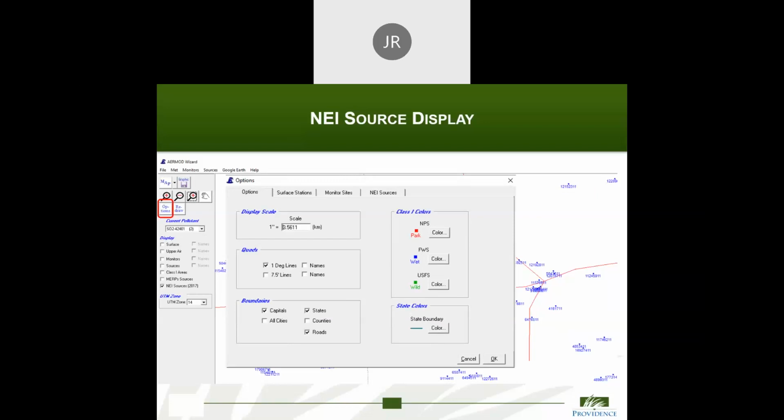And what pops up is the options screen, and under it you've got the options tab, which is more settings in terms of what you want to show: shape files, locations, states, counties, roads, the colors of the different class 1 areas. But what we wanted to do is go out to the far right where it says NEI sources and select